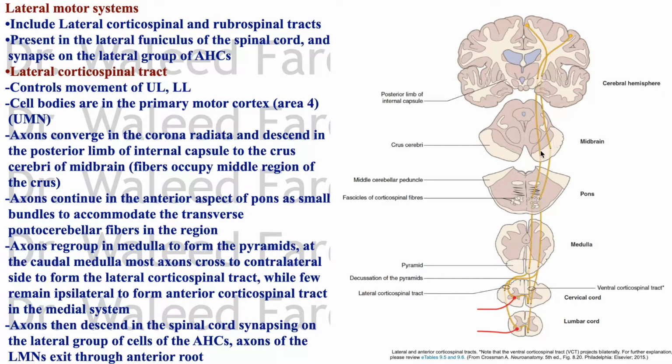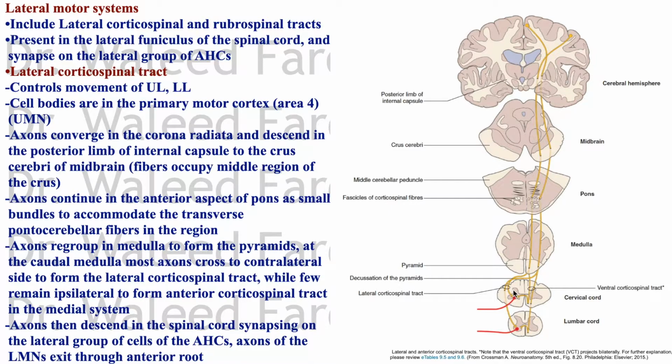of the midbrain, where they occupy the middle region, and the corticobulbar tracts are around them. Then they go through the pons and become dispersed because of the pontine nuclei. We saw that in horizontal sections of the pons. They descend to the medulla oblongata, where they form the pyramid on each side. Now remember the decussation I showed you before on the specimen. They decussate to the opposite side through the pyramidal decussation, and descend in the lateral funiculus of the spinal cord, as you can see